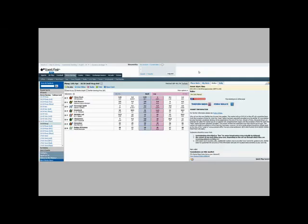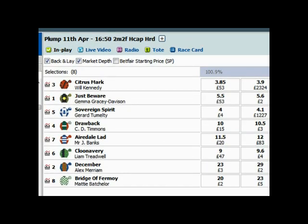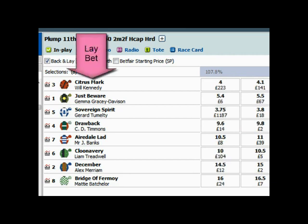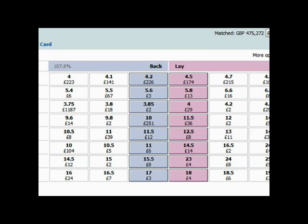First to begin, and also racing prominently, is Airedale Lad as they get over flight number 1. They've all negotiated that one safely. A little bit slower than the others was Citrus Mark towards the rear. They're climbing the hill towards the backstretch for the first time, and Bridget Fermoy and Airedale Lad continue to share the pace, leading by a length to Clune Avery, who races behind the leaders with Just Beware, sitting towards that one's outside, pretty much 2 by 2 as they head into the backstretch for the first time and head off